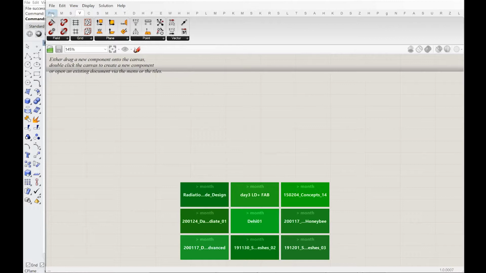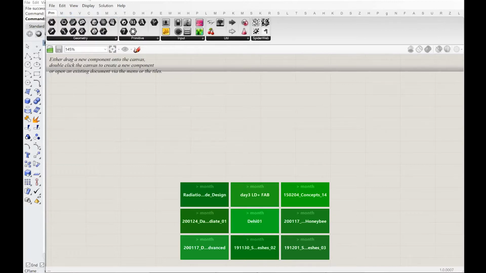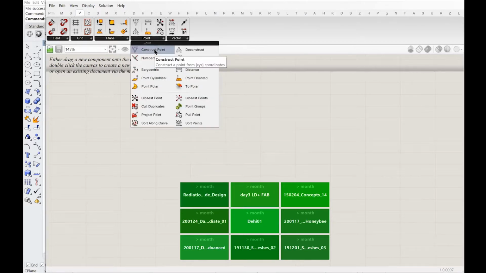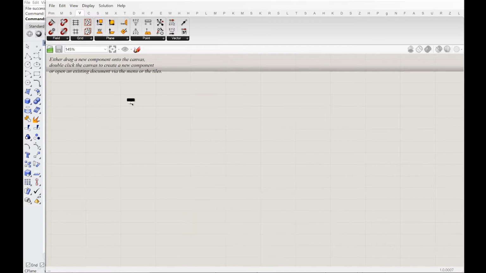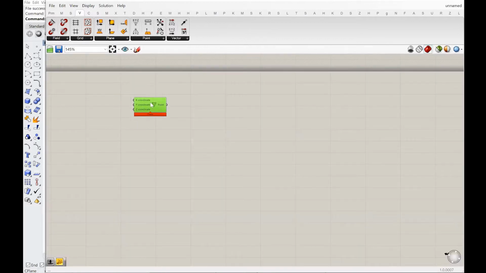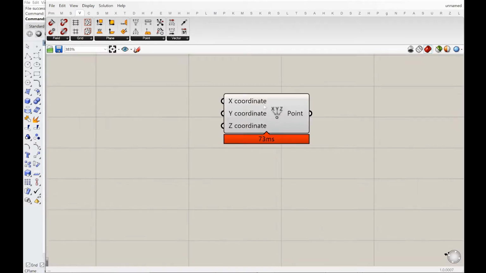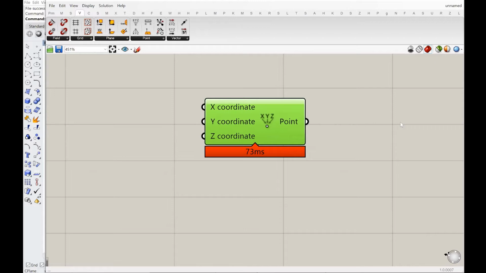And how it works, it is more like a system or a script, I would say. So for example, let me start with a simple command of going to vectors and point, and there's a command called construct point. I'm just going to start with that and explain what this does. The moment I select any of the commands, I get this icon over here to place something on the canvas. Wherever I click, I get this icon. And let's say this is my icon or a system.